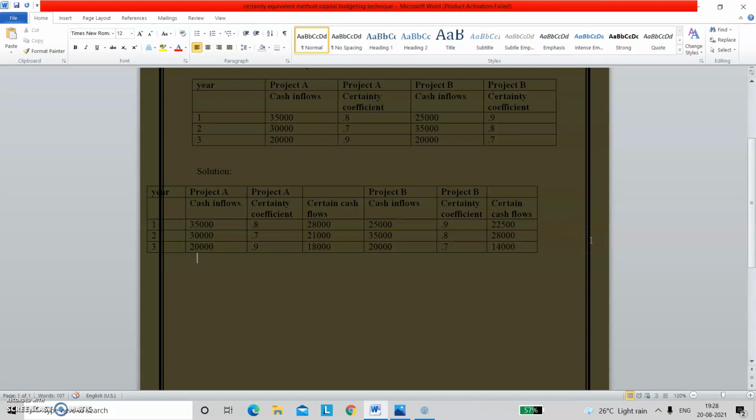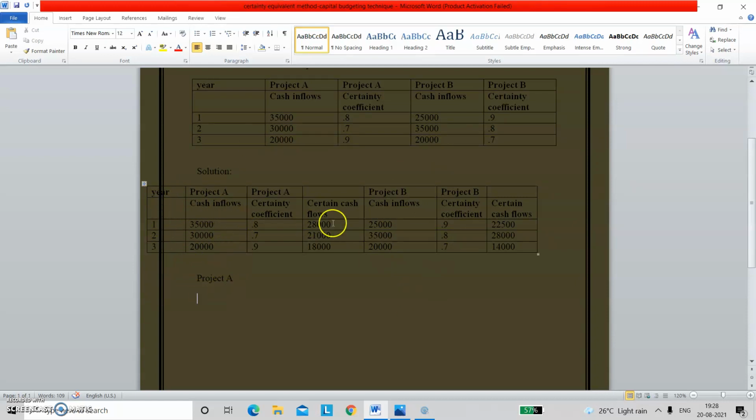So with this, I have got individual cash flows, certain cash flows, right? So we are going to make one more table, or simply without a table we can go for this. That is for project A, right? For project A, we are going to see, because these are the returns which I am going to earn at the end of every year, right?